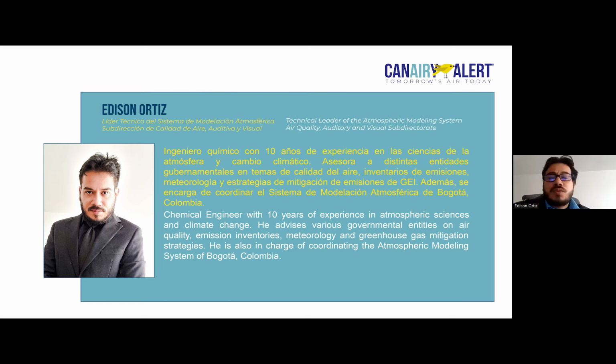Well, at the beginning, emission inventories were adopted with a top-down methodology in 2018. And then based on that first attempt, we created the first plan for depolluting the air in the city.